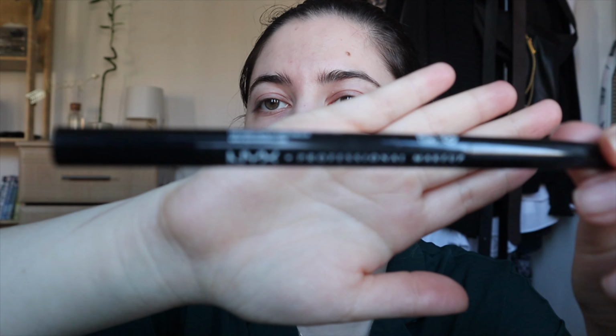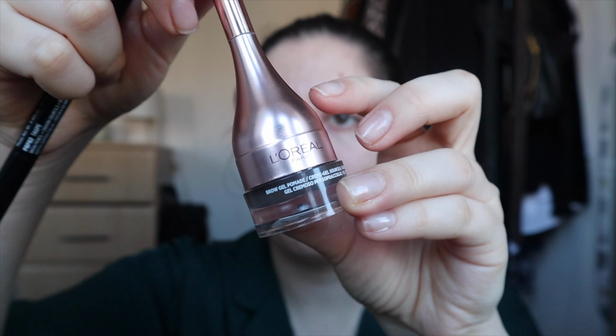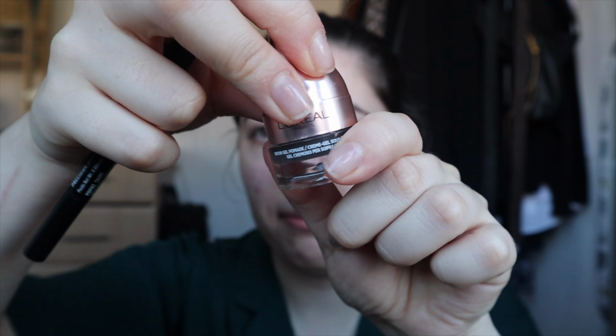And now I'm actually going to do my face because, actually no, let's do the brows, because my face is still a bit wet from the moisturizer and I like the moisturizer to be completely absorbed before I do my foundation. So let's do the eyebrows. And for the eyebrows, I have two products. First of all, I have this NYX Precision Brow Pencil, and then I have this one from L'Oreal Paris, which is like a pomade,